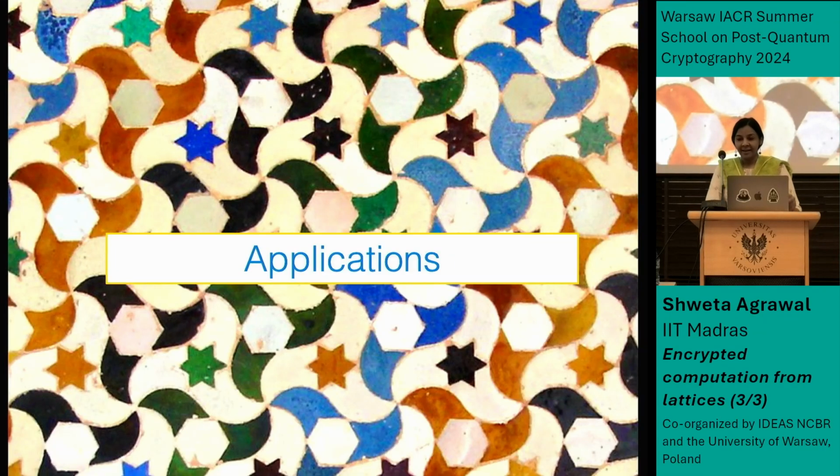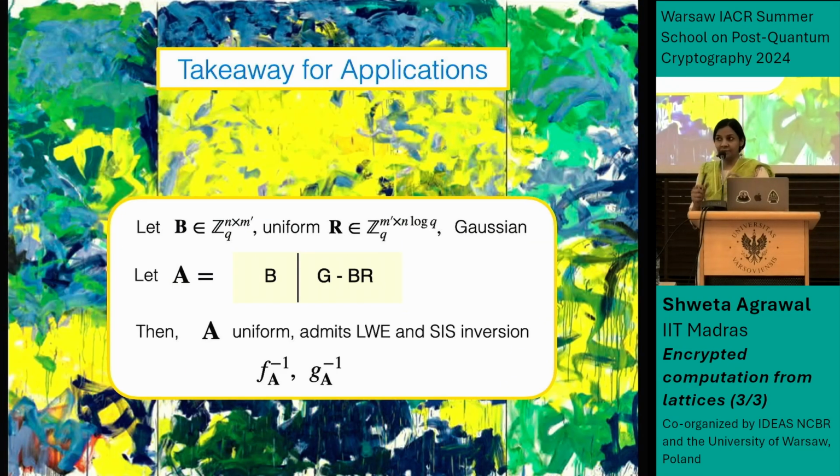Good morning. So let's continue from yesterday. Maybe it's a good idea to start with the main takeaway from yesterday, which is that we found a way to basically sample a random matrix or a random lattice together with a trapdoor. And this trapdoor allows us to invert our two favorite one-way functions. Okay, so today we'll see how to use these ideas to get interesting applications.